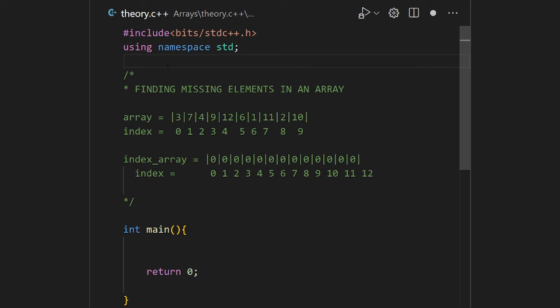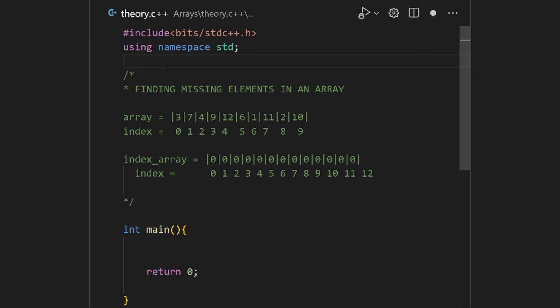The array elements are 3, 7, 4, 9, as you see on the screen, and indexes respectively from 0 to 9 because there are 10 elements. And here we consider an index array. In the first video, I did it by using one array, because I just compared the index and the element itself, found the difference between index and element, and according to that difference I used an iterative way to find how many elements are not satisfying that difference, and I just printed them. But in this video,